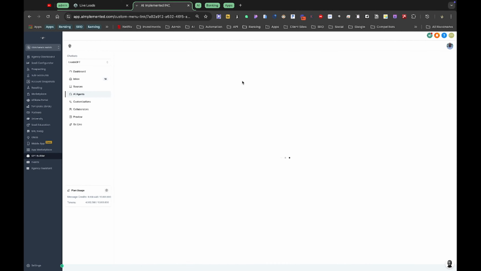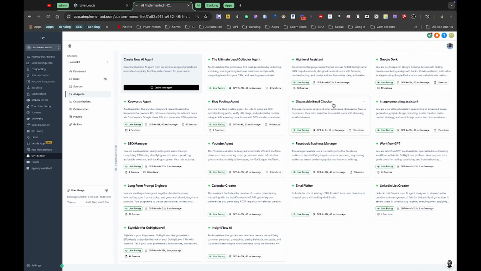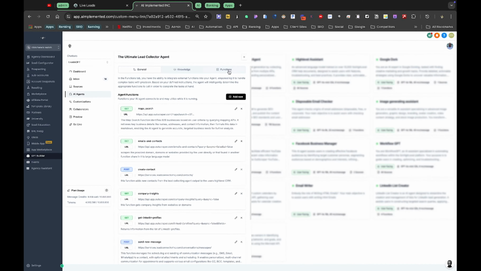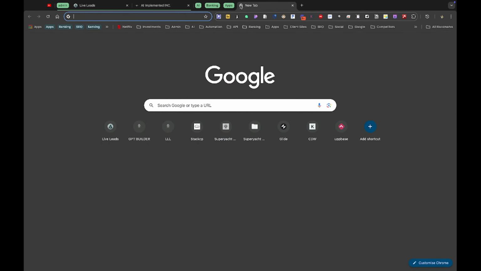If you look at my Leads GPT agents here, it actually has a few very powerful agents. One of them is the lead collector agent, which performs a few functions and connects directly to the Gohighlevel API through your high-level integration key. So if we quickly break it down,